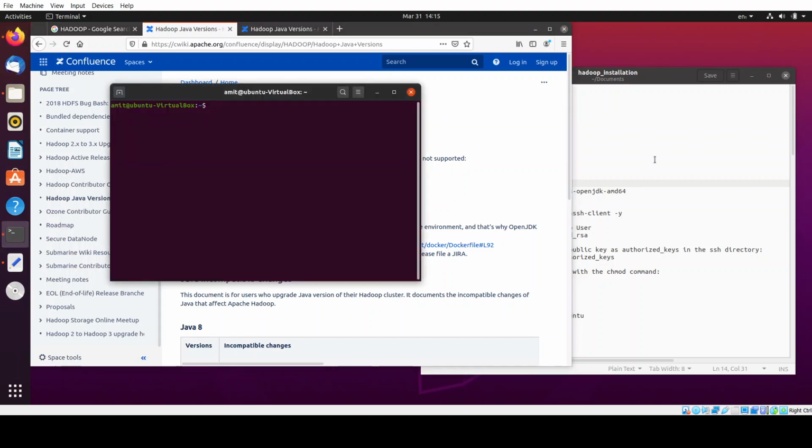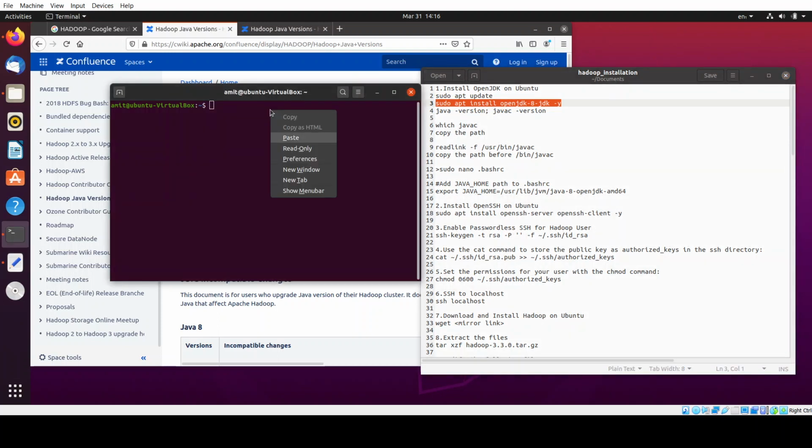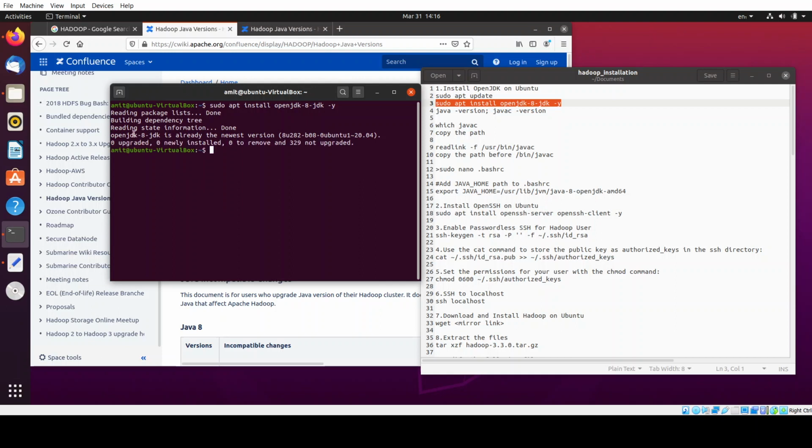So let's install it. Here I have laid out the few commands which we'll be using while installing Hadoop. First, sudo apt update, which is the general command which we use to update. You may or may not need to run it, but if the sudo apt install command is giving some error, then maybe you need to sudo apt update. Now we'll install OpenJDK 8. So sudo apt install openjdk-8 will install Java 8. Run this command. I already have it installed, so we are done.